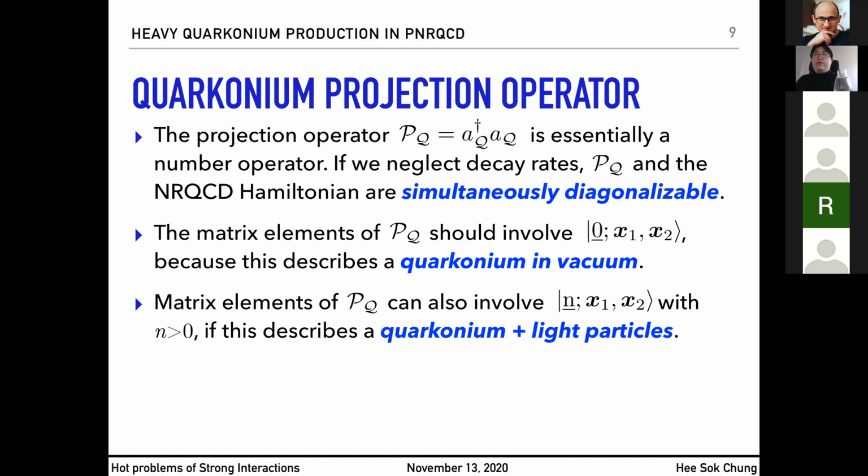So what do we do about this quarkonium projection operator? This projection operator is essentially a number operator that counts the number of quarkonium in the state, so that it destroys any state that does not contain a quarkonium. If we neglect the decay rates, which makes sense within the context of NRQCD, because decay rates that involve